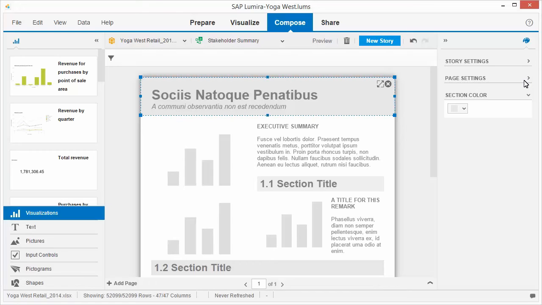We'll start with the text objects, replacing them with the appropriate titles and descriptions. First, we need to define the title and subtitle. Note that the objects in the template contain nested objects, so we may need to double-click through several layers to get to the object we want to modify.